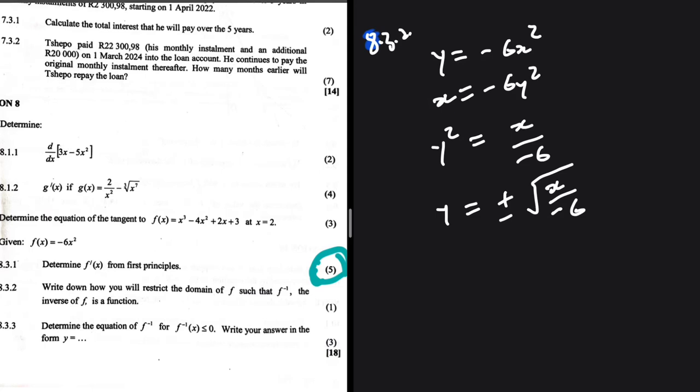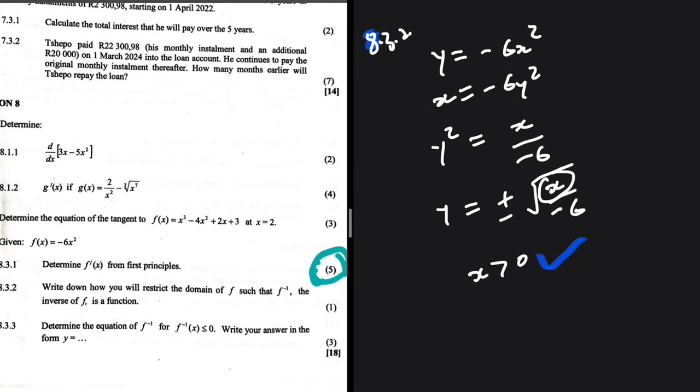So you can see that we need values of x to be negative here, because when values of x are negative, it ensures that the square root is defined. Because if x is positive, it's not going to be defined because we cannot take the square root of a negative number. So we need x to be greater than 0. So this is the restriction we can impose. Because when x is greater than 0, the square root is going to be defined. If it is 0, it is undefined. If it is negative, it is